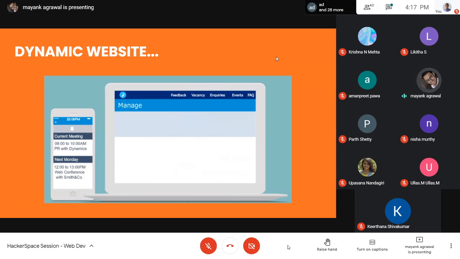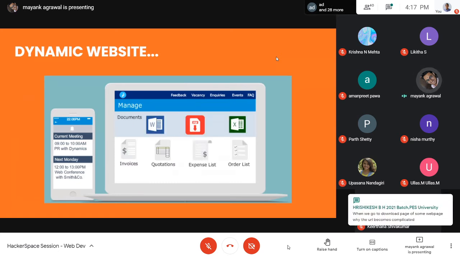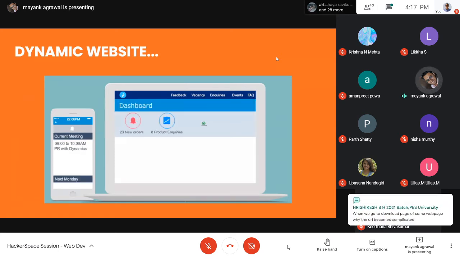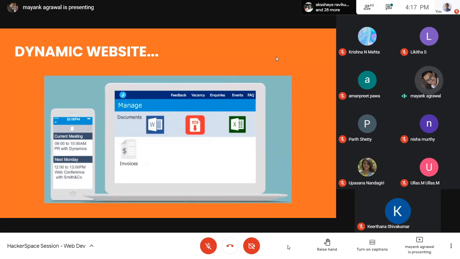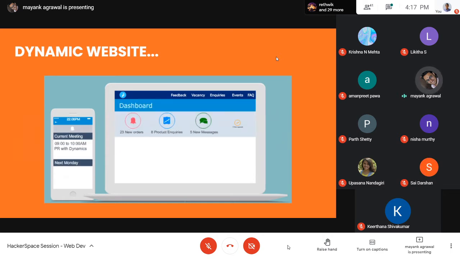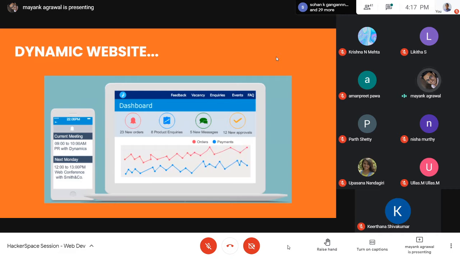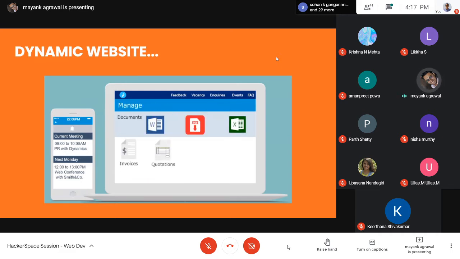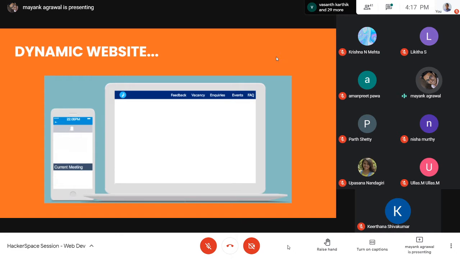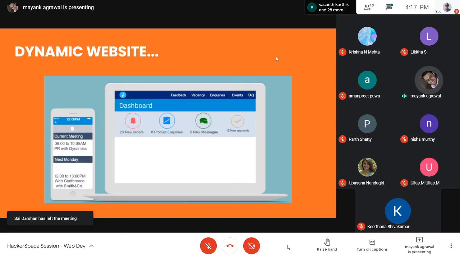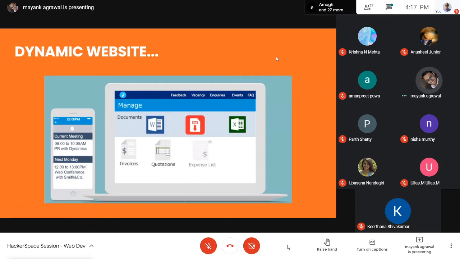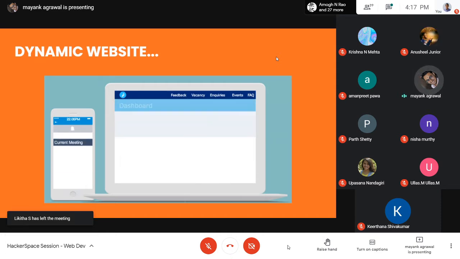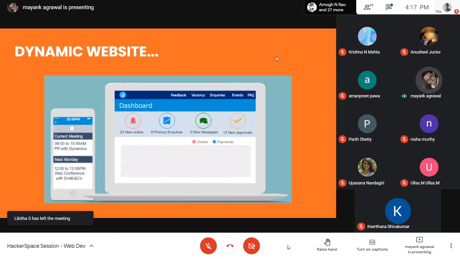So websites can be broken down into two major categories, I would say. One is the dynamic website and the other is the static website. A dynamic website is one which interacts with you, like it has some user-specific changes to it. Per se, you open up Facebook or Instagram. The moment you open it, there's a login page, right? You need to enter your data, like your username or password, and something runs behind the scenes and checks if the credentials you entered are correct or not.